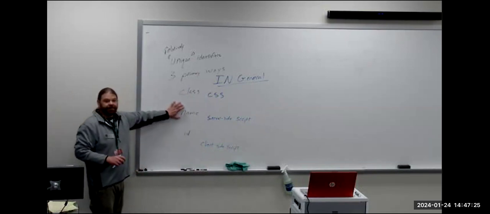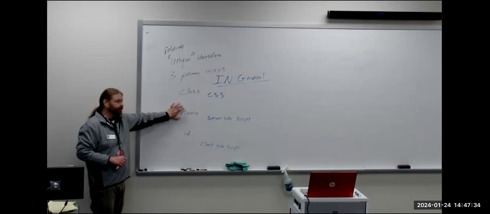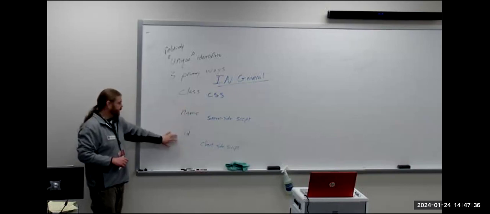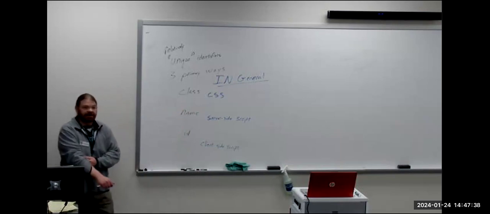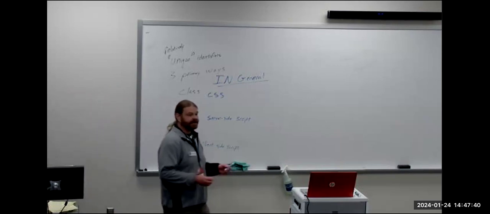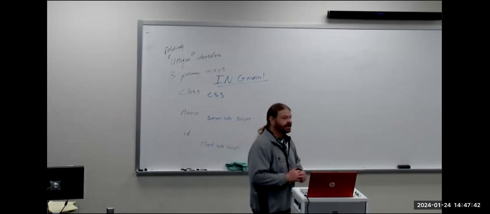By default, when we get to forms, we won't be doing a lot of processing forms, but the name does get transferred to the server. The name attribute of an input is what gets transferred to the server. The ID is local, so that's for our client-side scripting, the stuff that just quickly changes right there on that end machine, right? Like